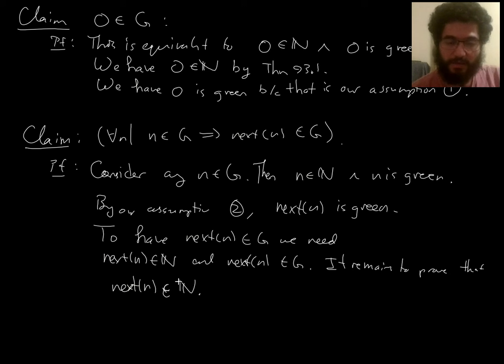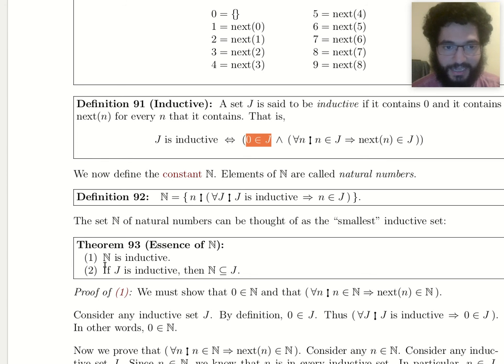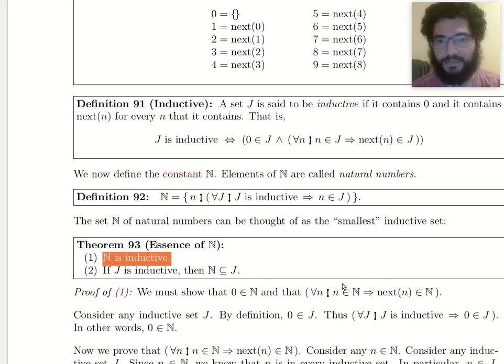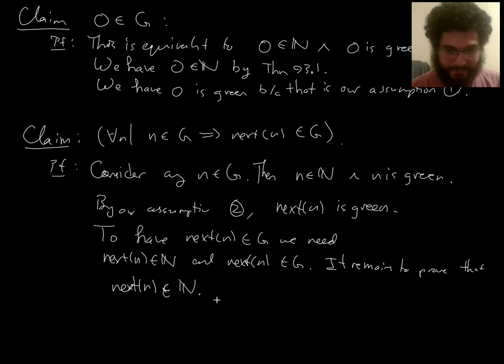So why do we think next n is a natural number? Well, n is a natural number, right? And the next of any natural number is a natural number. That's because, again, n is inductive. That's one of the features of being inductive. When you're inductive, then anything in you, if something is in you, then the next of that thing is also in you. So since n is in that, it is a natural number, that was up here,